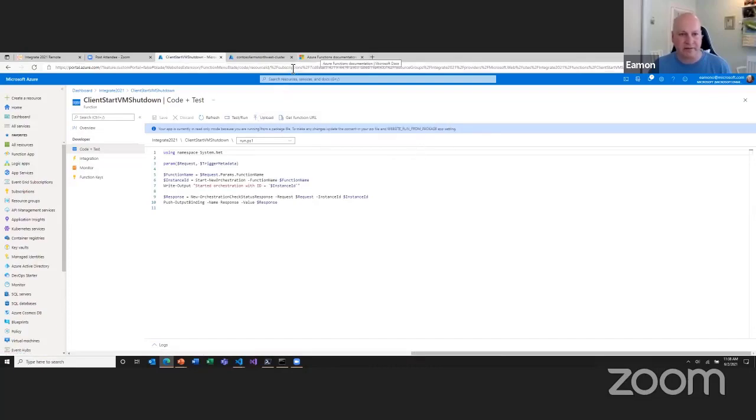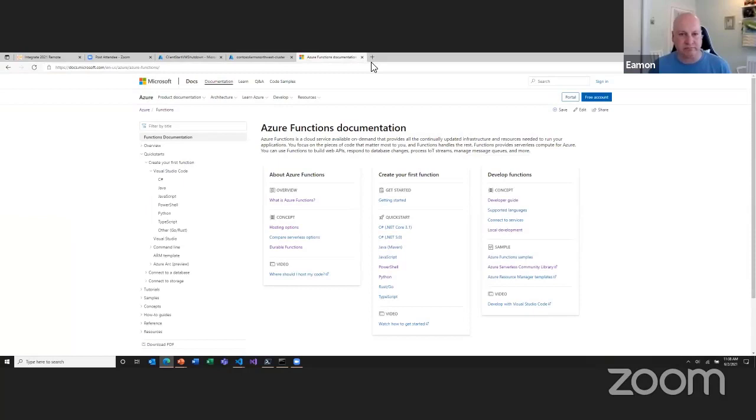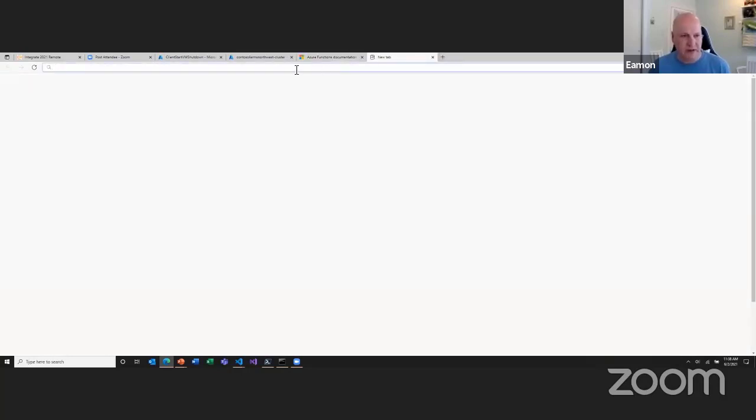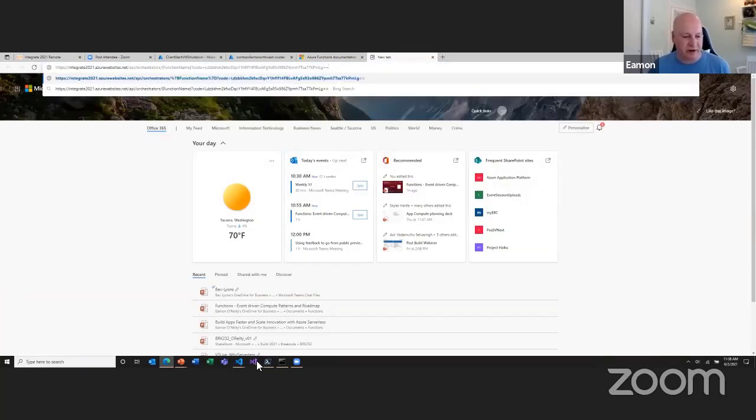And I could kick this off and run it directly from the browser, or I could run it from a third-party system, maybe a different external system that you want to call. You can expose this as an API, and this allows you to have whatever client functionality you need to kick off the orchestration using Durable. Okay, so with that, I'm going to stop, and I'll continue with the deck.